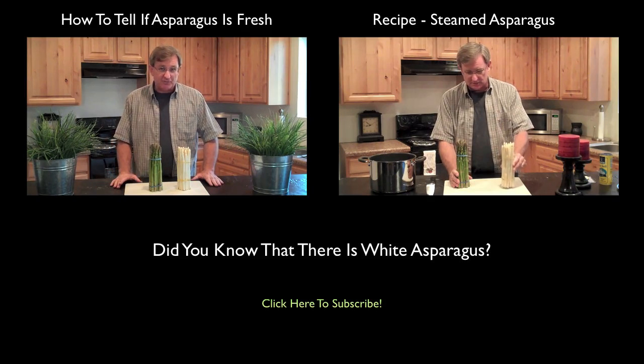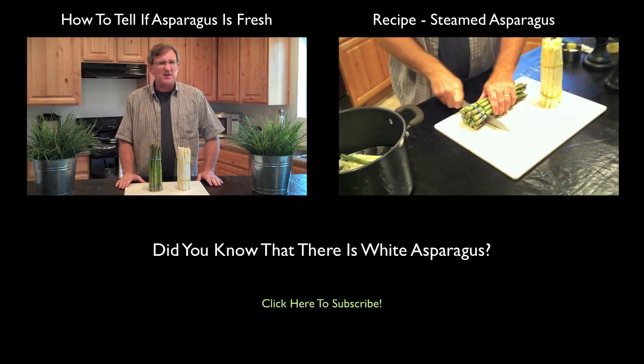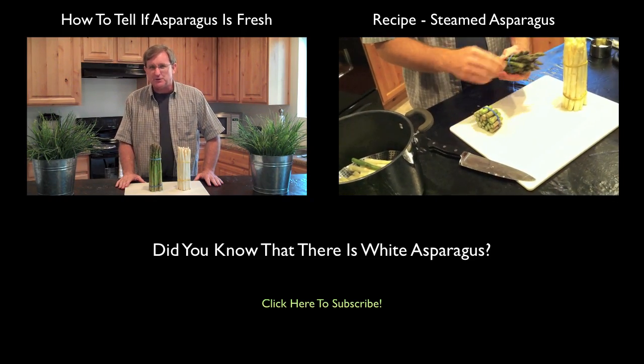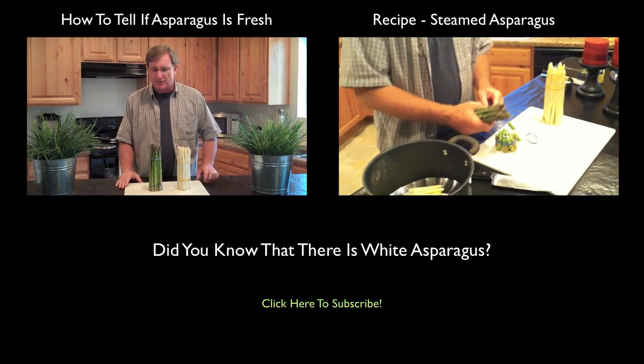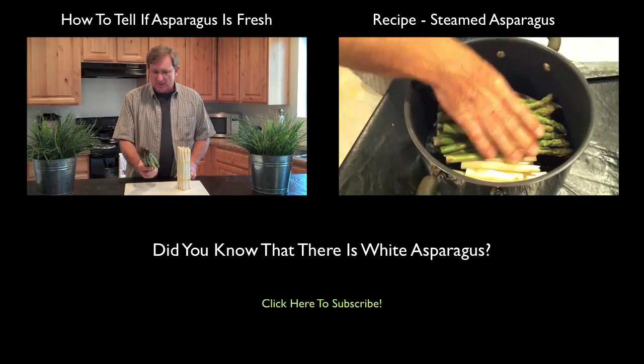Asparagus is a delicious vegetable. Of course, when we say when is it ripe, it's more about when is it fresh when it comes to vegetables. Fruits, of course, we want to know when they're ripe, but vegetables, we need to be able to tell when they're fresh. Asparagus